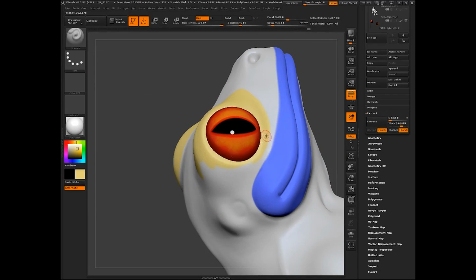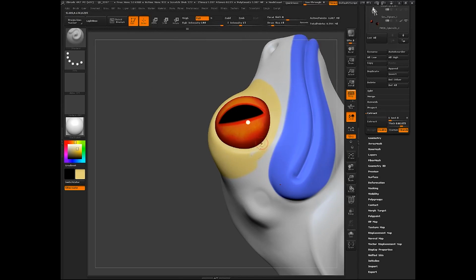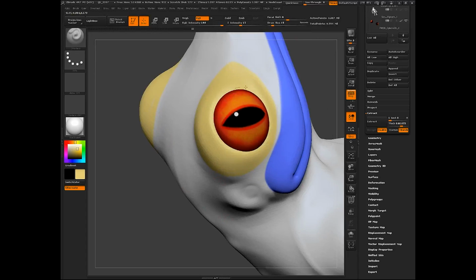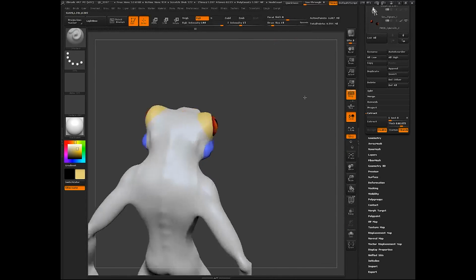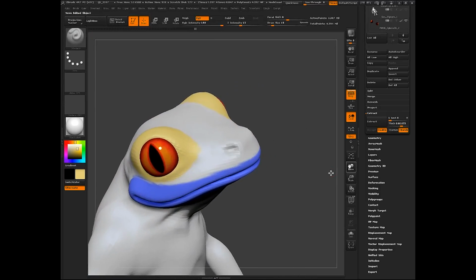And again, this isn't necessary. This is really just pre-planning, trying to figure out where everything will be before we commit to a lot of time actually doing the geometry. But for anybody that's new to retopologizing, it's a good practice. It forces you to kind of think about things ahead of time.